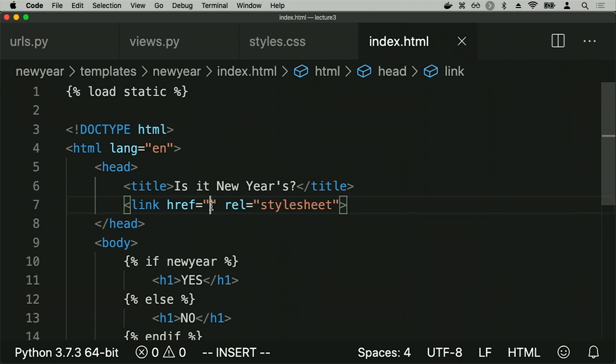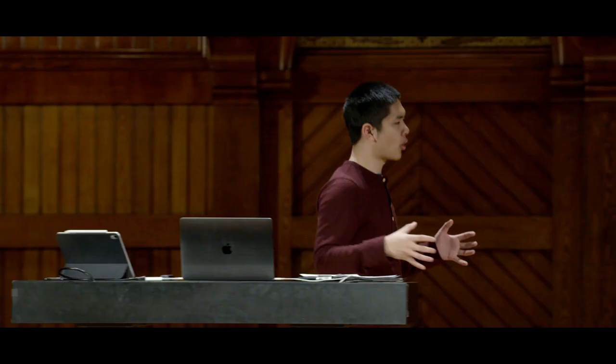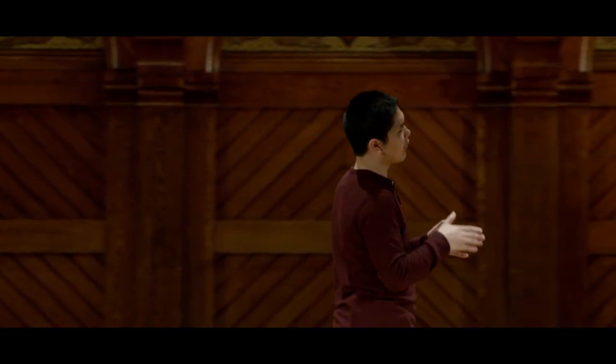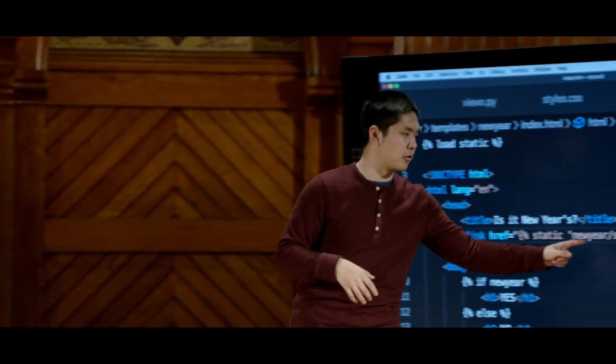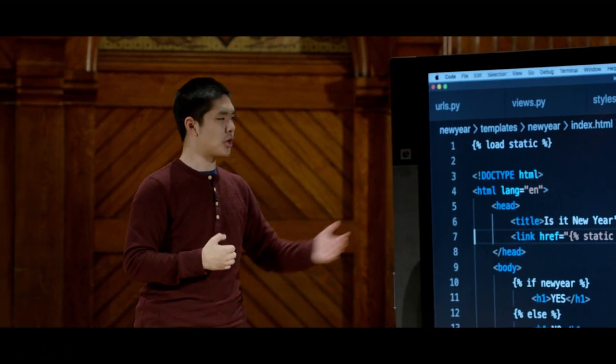But what I'm going to include in here as the link is, rather than hard coding a URL, which I could do, Django best practice says that instead, let's just say it's going to be a static file, and the static file is called newyear/styles.css. So I'm not specifying exactly what the URL is, but I'm saying it is a static file that is inside of a newyear folder called styles.css, and Django is going to figure out what that URL ought to